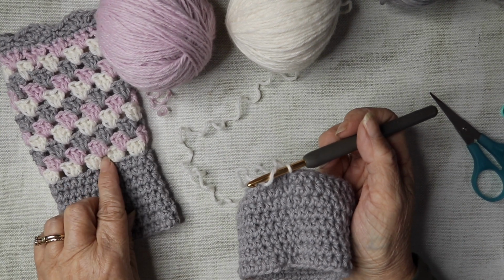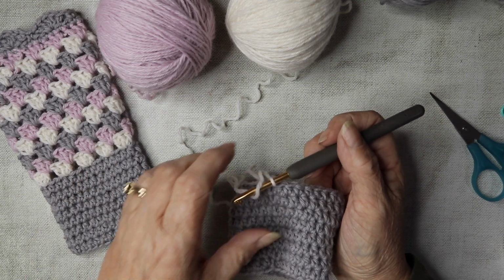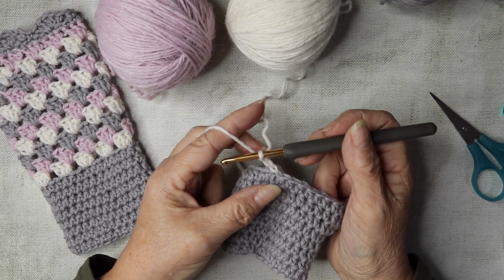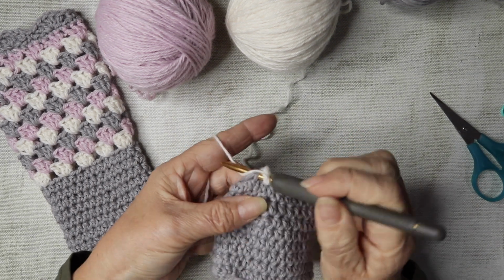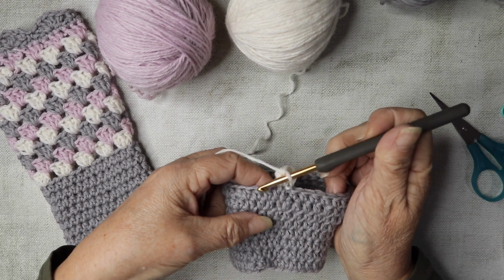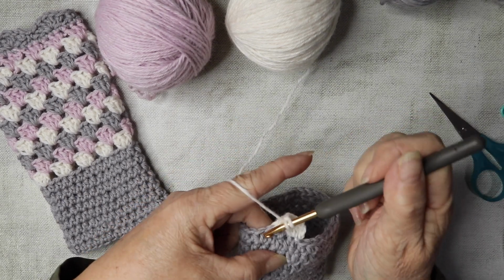stitches. So if you're not familiar what the granny stitch is, it consists of 3 trebles together and skip a number of stitches, then 3 trebles, and that's what the granny stitch is. So we're going to start off with 3 chain, 1, 2 and 3, and that 3 chain counts as our first treble. So we're going to go down into that very same stitch that we came out of, yarn over, insert our hook and do 2 more trebles, 1 and 2, and we're going to skip 2, so 1, 2, insert our hook into the next one, so skip 2, 1, 2, insert our hook and work 3 trebles, so 1,